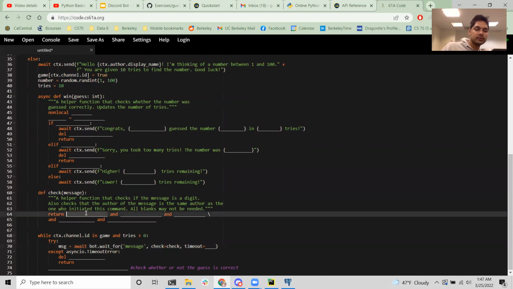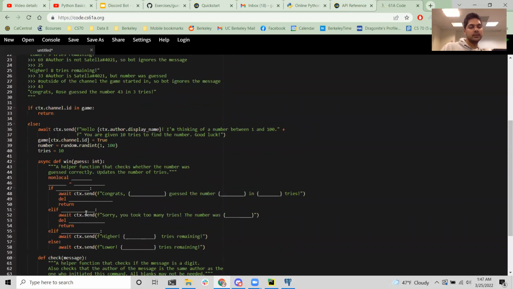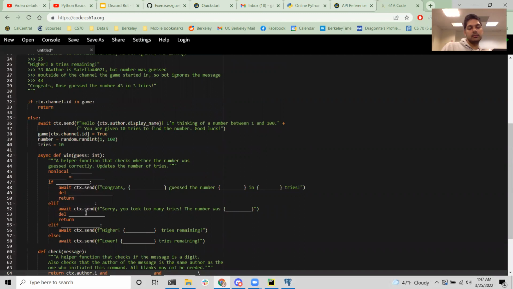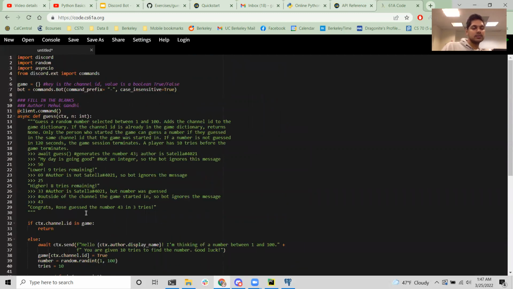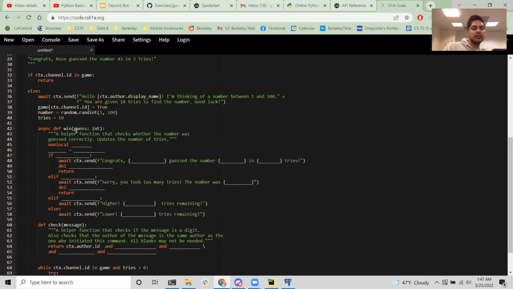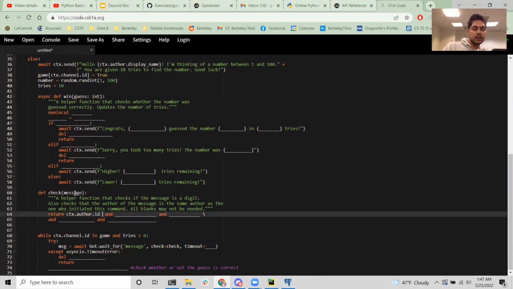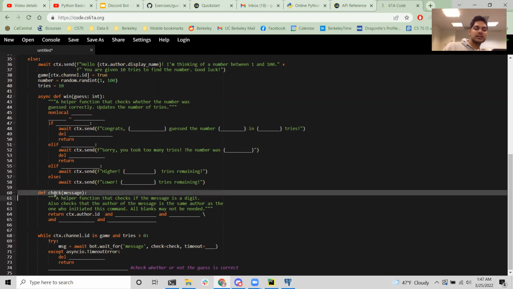So we're going to filter that out, and we're going to say ctx.author.id is equal to who. ctx.author is from up here, who triggered the command, and check is the function that filters out and ensures that this is a correct guess.